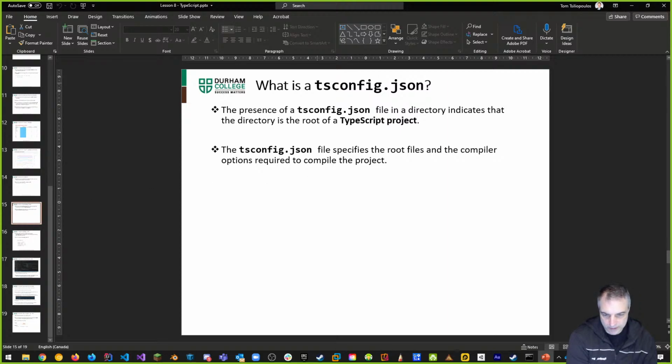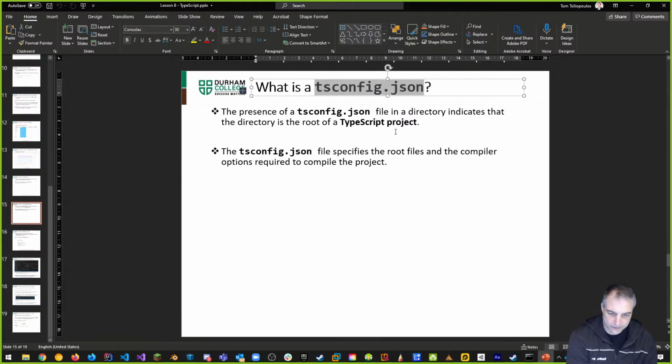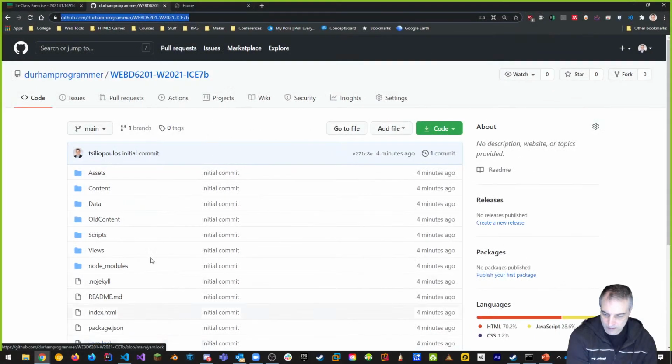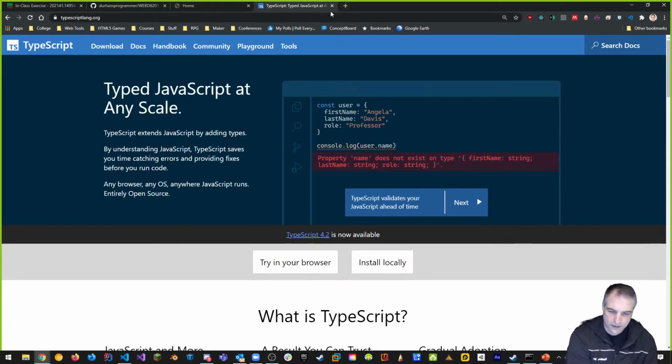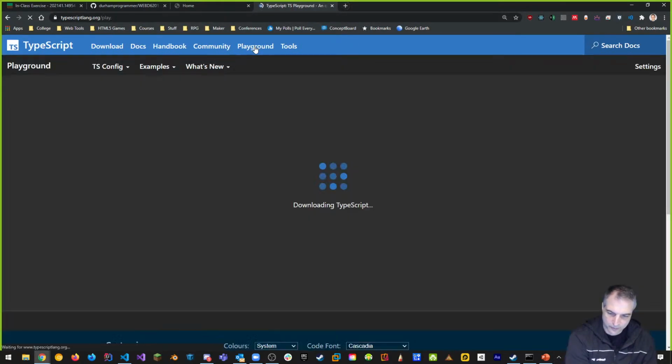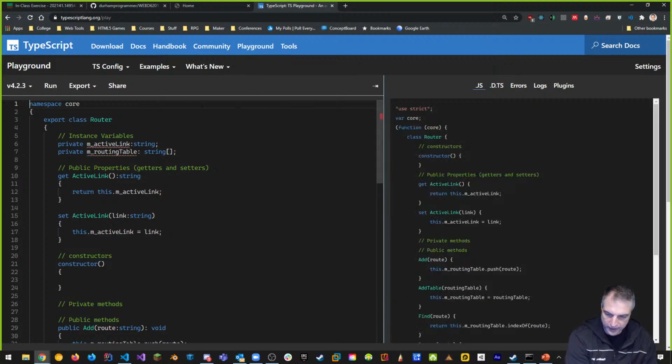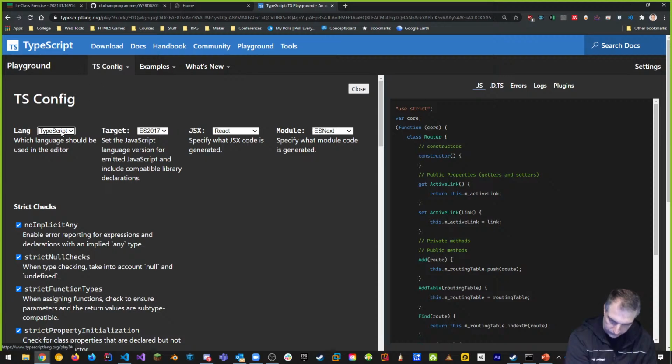What about this tsconfig.json thing? What is that? tsconfig.json is required for TypeScript. Remember, when we went to the TypeScript playground at typescriptlang.org, up on the top there's a tsconfig area. tsconfig basically tells TypeScript how to convert from TypeScript to JavaScript.